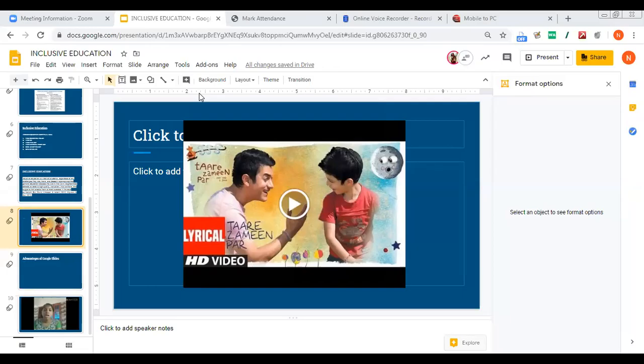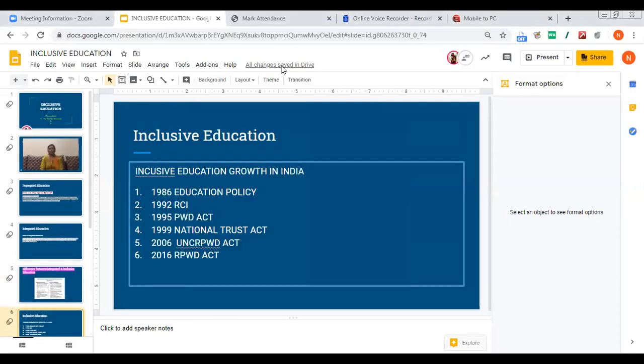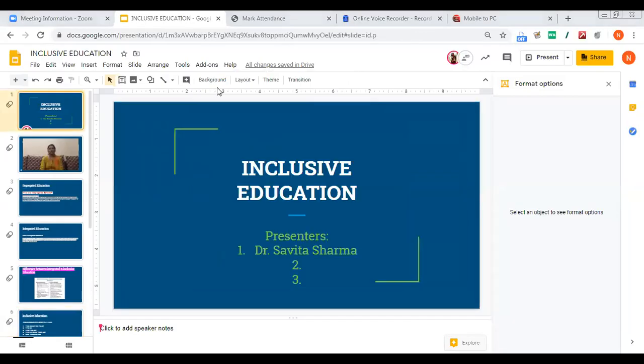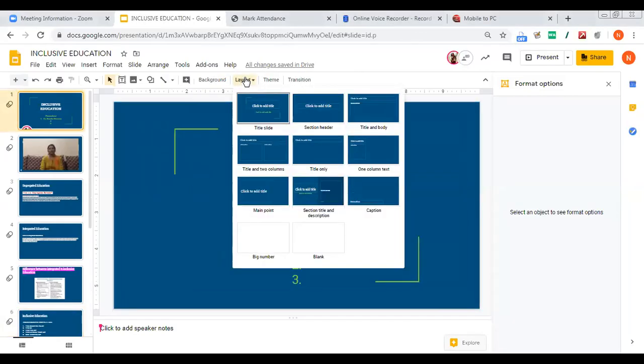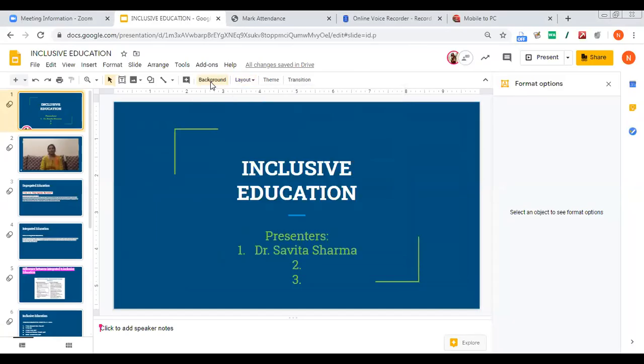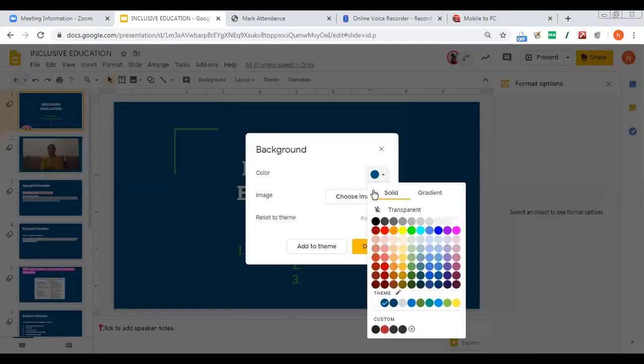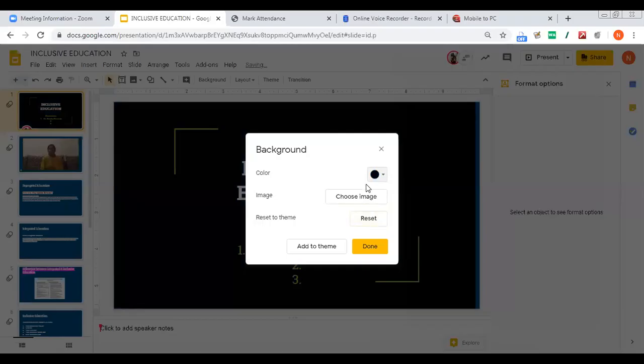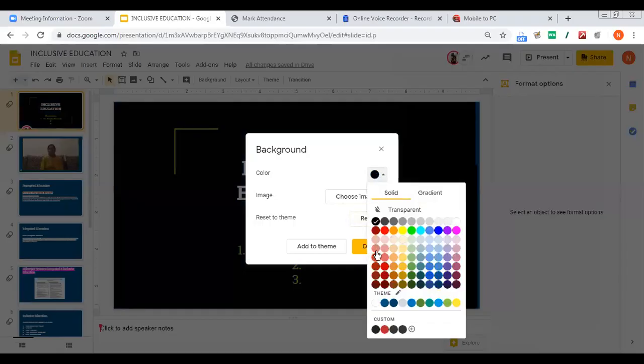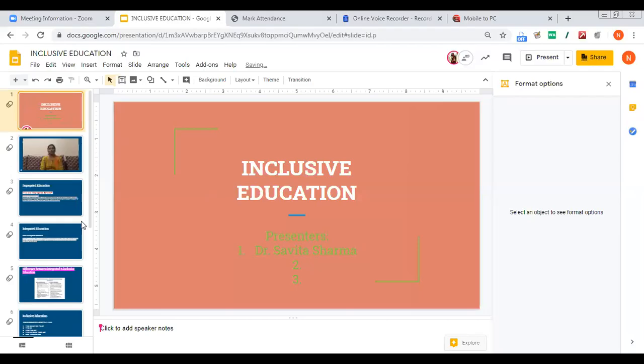Shirley here. Sir, I would like to know, to change the background of the slide, do I need to go to every slide each time and then change? Can't I have it in one go? Yes, madam. You click here. After selecting the theme, you have layout options here. Theme, transition, background option is there. You choose a color. Now I'll choose black. I can choose another color and done.